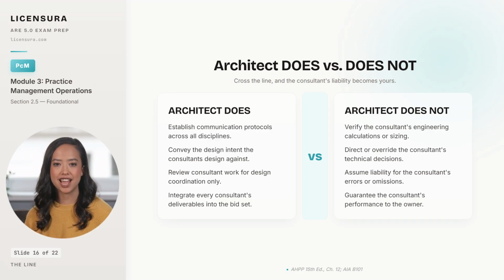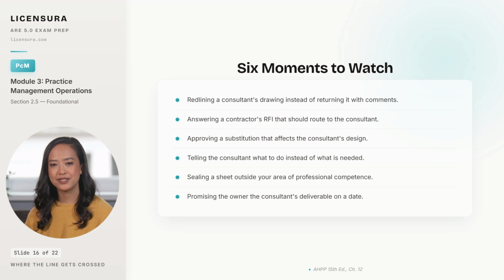The crossings tend to happen in a few predictable situations. Recognize them, and you avoid them. 6 moments where the line quietly gets crossed, almost always under schedule pressure. The first is redlining a consultant's drawing yourself, which is the cleanest way to take responsibility for something you were never paid to engineer. The correct move is returning the drawing with comments and letting the consultant make the changes